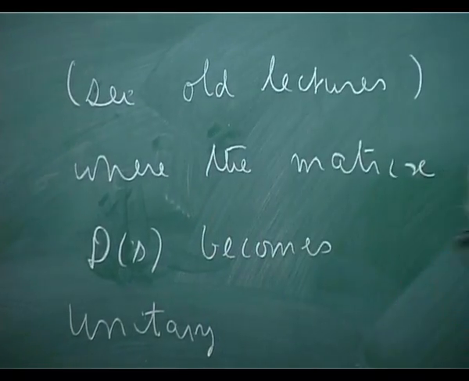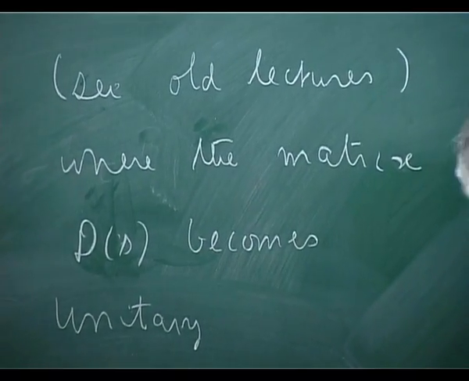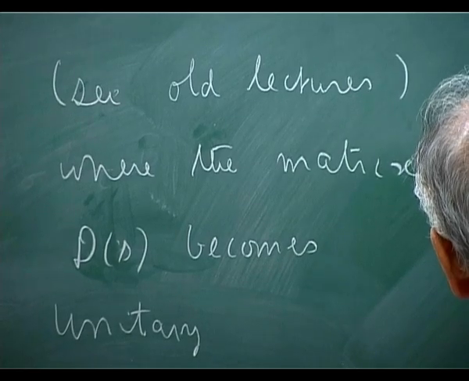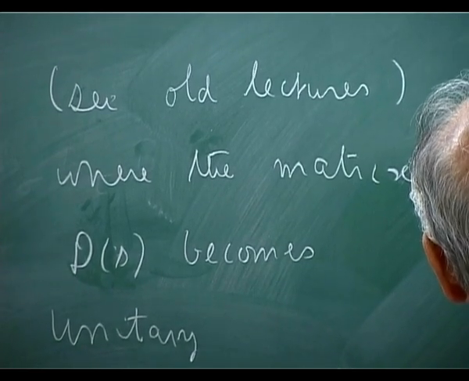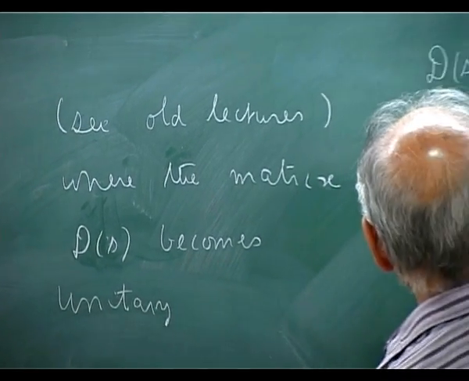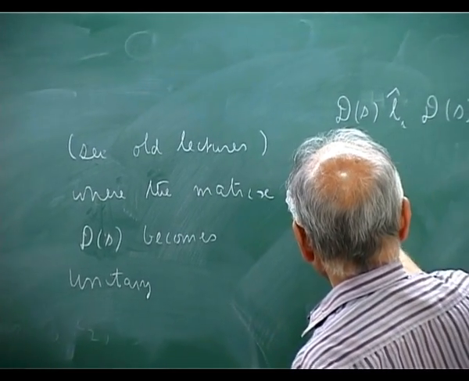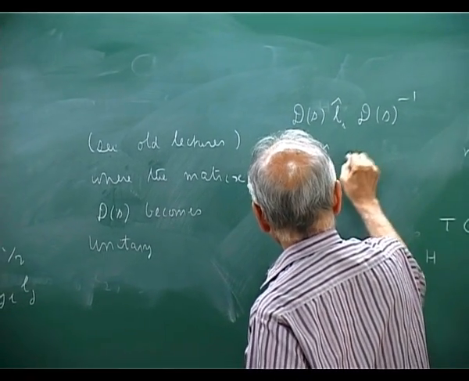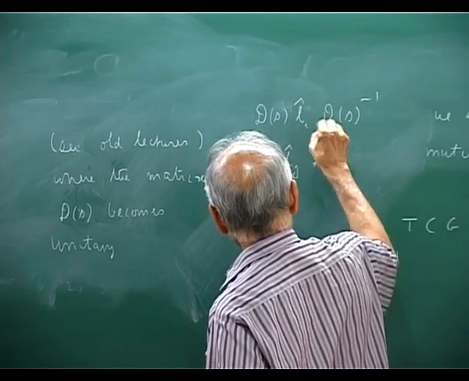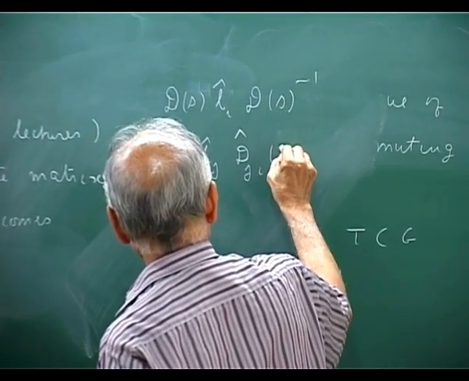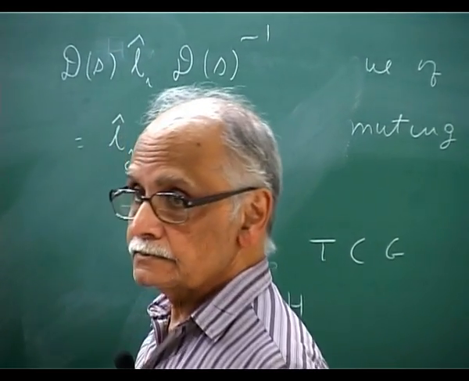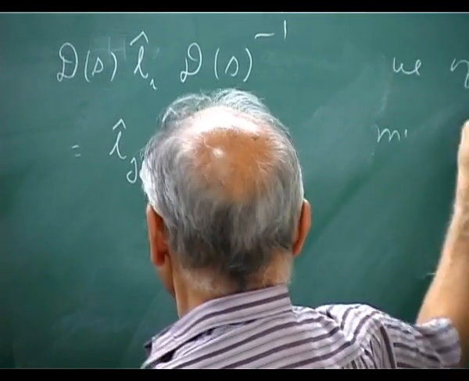What do I mean by that? I mean that if I take ds L hat I ds inverse is L hat j, now the matrix will change, d hat of j I of S, and this is unitary,